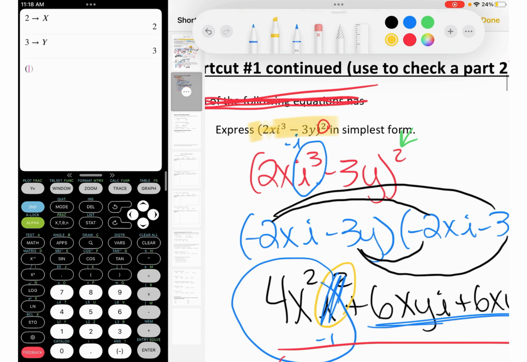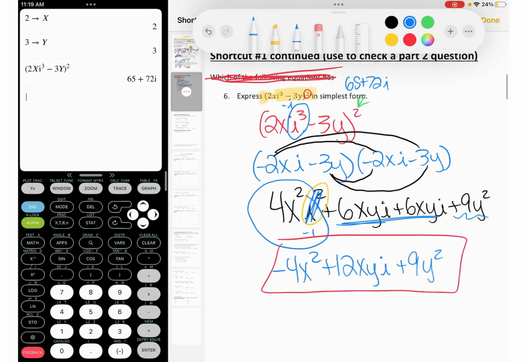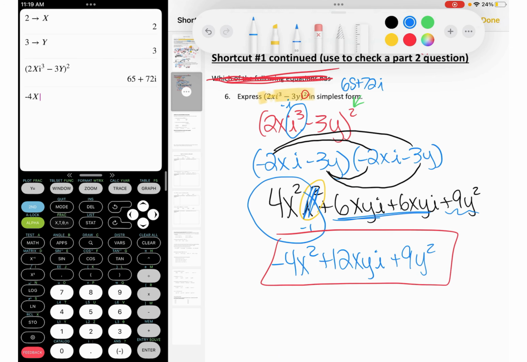Now I'll type in my original. So I have 2xi to the third minus 3y, alpha 1, squared. Make sure I typed it in right, and we're good. So when I type that in, I get 65 plus 72i. Now when I plug in my answer, I should get that same thing, negative 4x squared plus